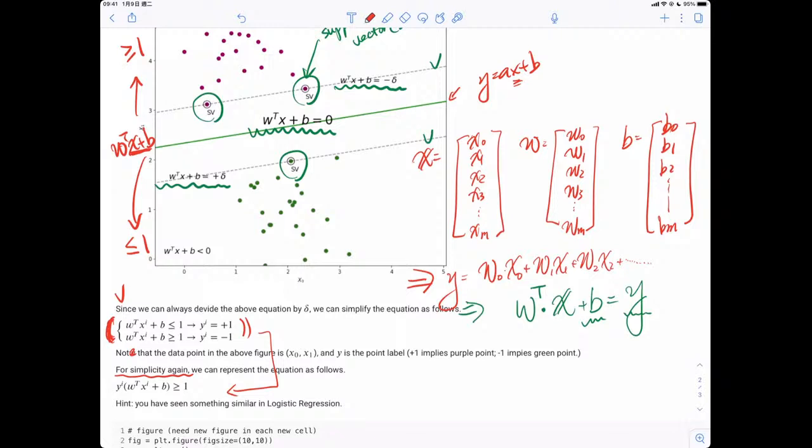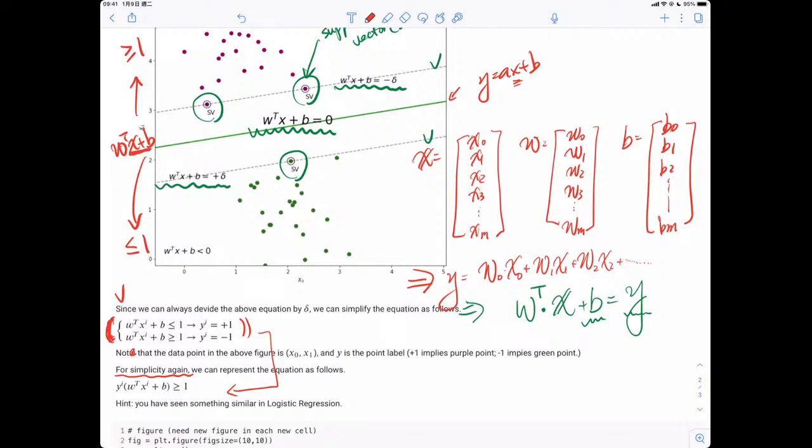Let's take a close look at these two equations and the one below. They are the same. If you use y equals minus 1 and you put it into the below equation, it's the same. If y equals plus 1 and you put y in the below equation, it is the same as the above one. 好，这两个式子是一模一样的，这个是不等式的结合而已，没有什么特别的。